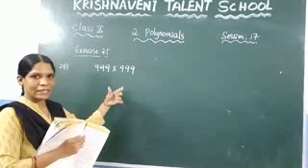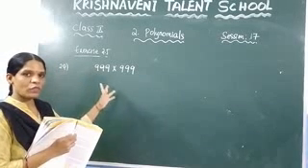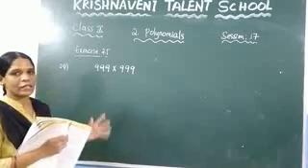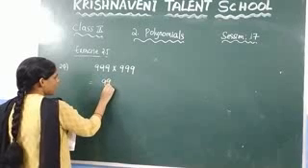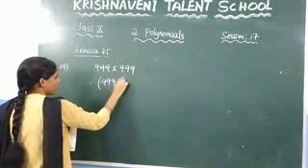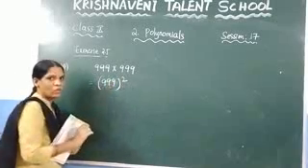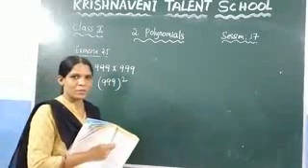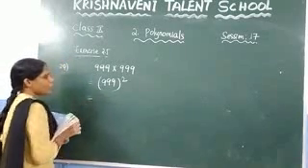can write this one as 999 whole square. That means you need to write this either in the form of a plus b whole square or a minus b whole square. How can you write it? For that you need to check. So this one you can write as 999 whole square. We need to write one identity such that the square should be there. What are those identities? There are only two identities, which are a minus b whole square and a plus b whole square.